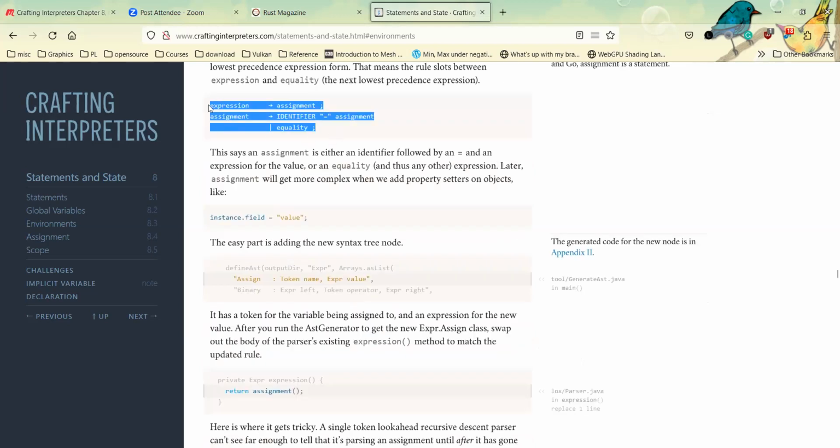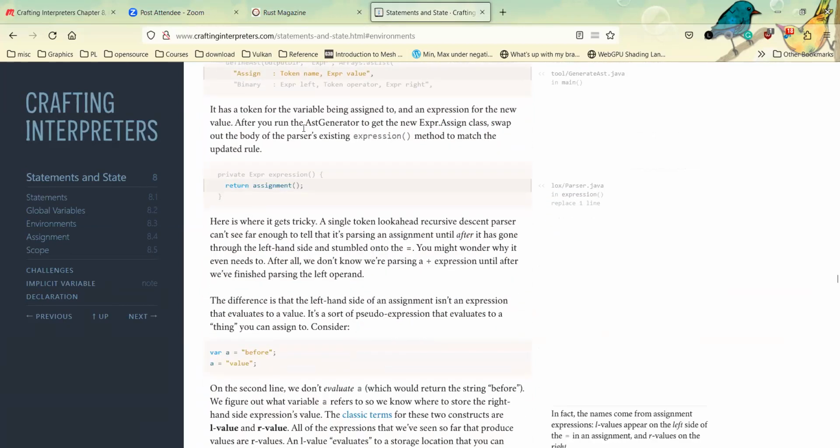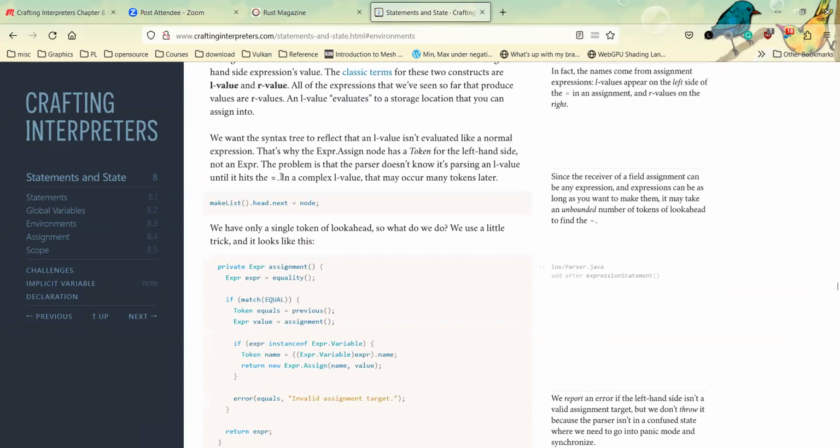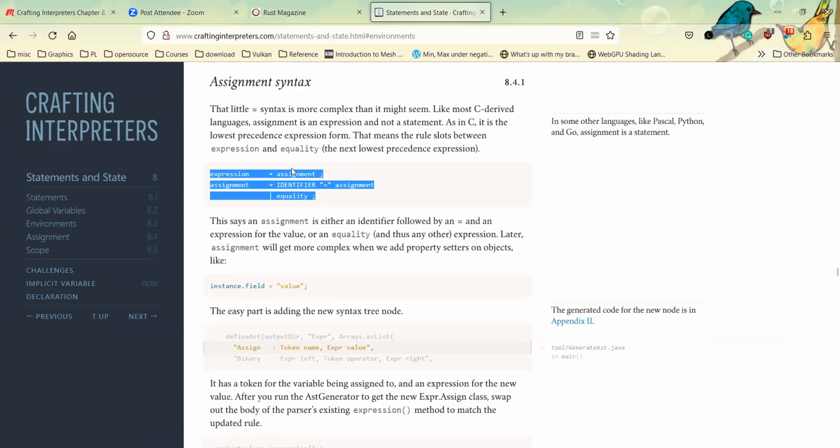Okay, so yeah, he decides here assignment is an expression, so he follows the choice of C, where assignment is an expression, and so we can also do those kinds of weird stuff of assigning multiple variables together.